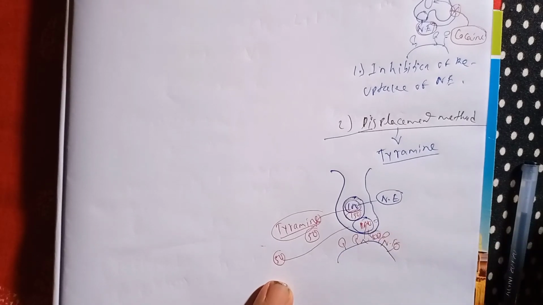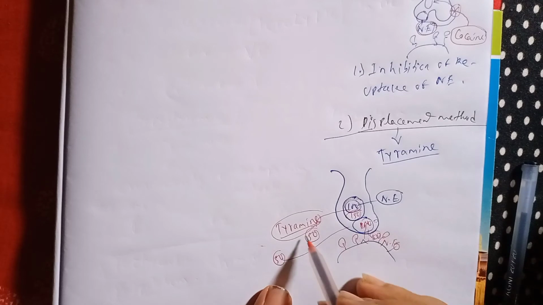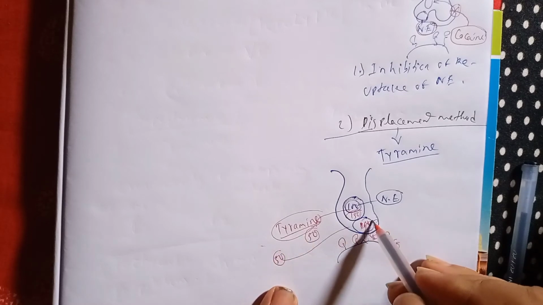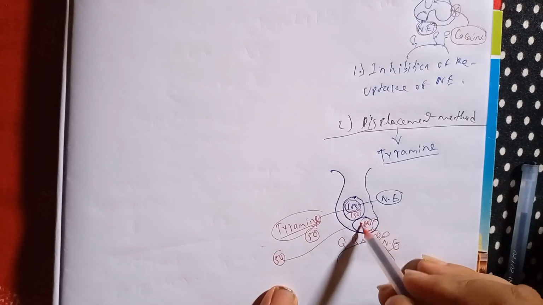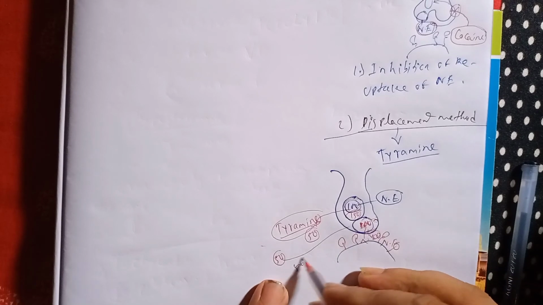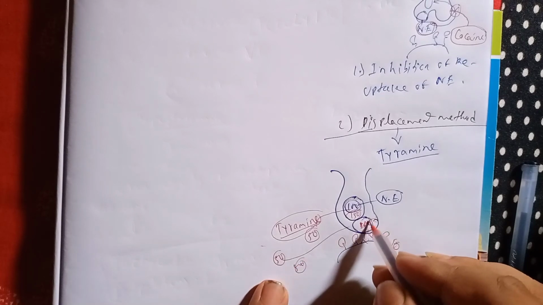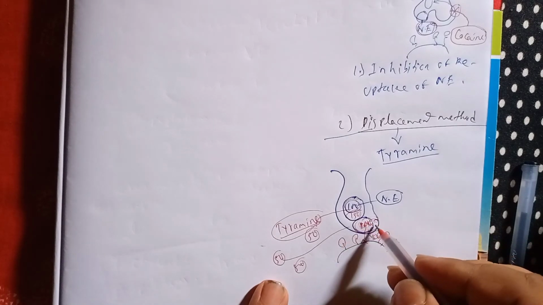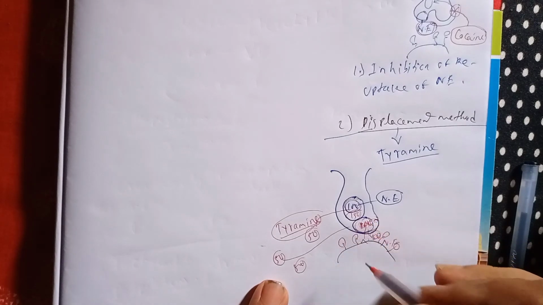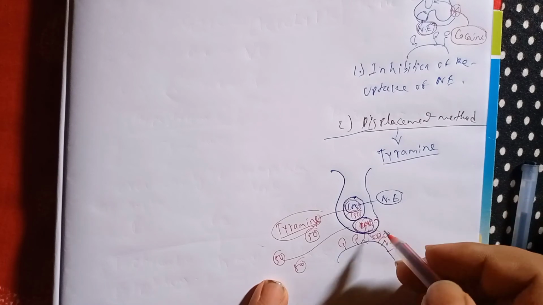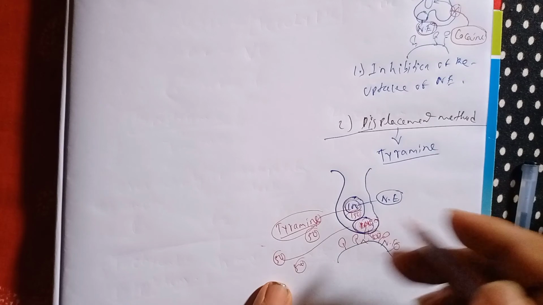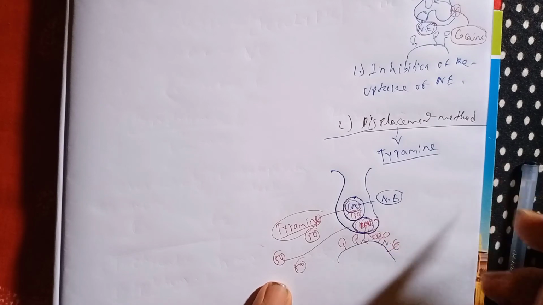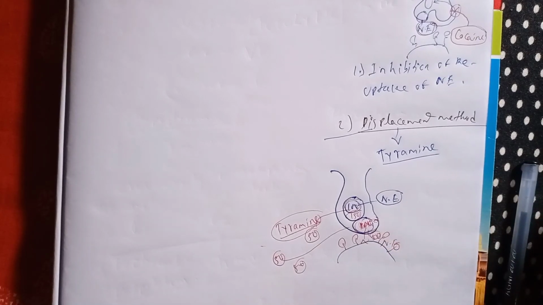Okay, now what will we see here? The second thing, that this tyramine will be again how much here? Totally 100. Now if we give again 50 molecules of the tyramine, now it will be how much? 150 molecules of the tyramine. Okay, now out of 150, 50 tyramine will be released, because the vesicle has the capacity only for 100 molecules. That will come here, but it will not do any function, because the tyramine does not have any receptors outside.